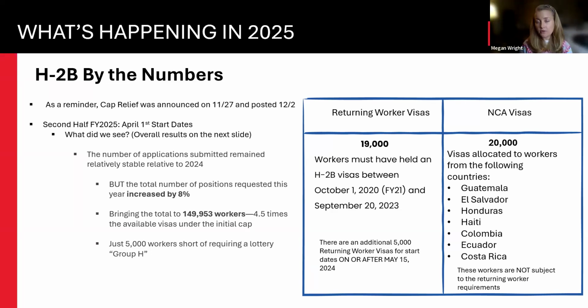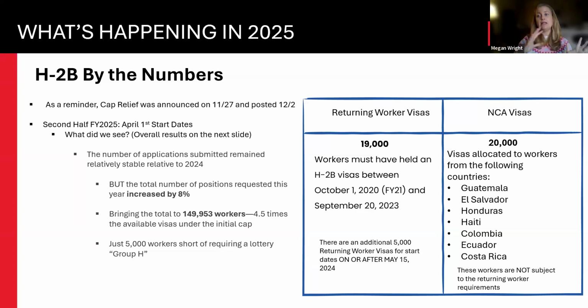And so the returning worker visas are split into 2 halves, meaning there's an allotment for the first half of the fiscal year, which again, from a paperwork perspective, we've already blown by when we think about how far in advance that we work. And so there were 20,716 returning worker visas for those first half fiscal year